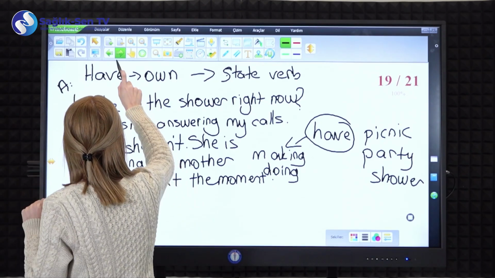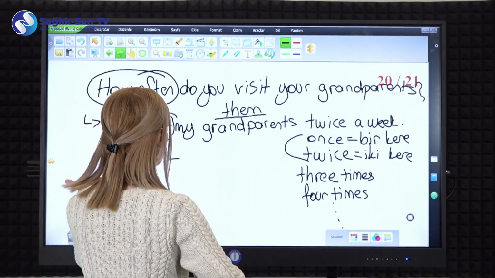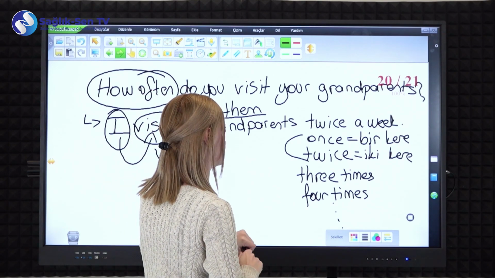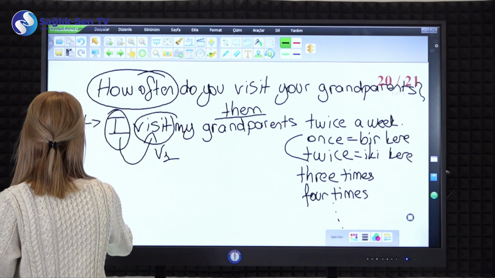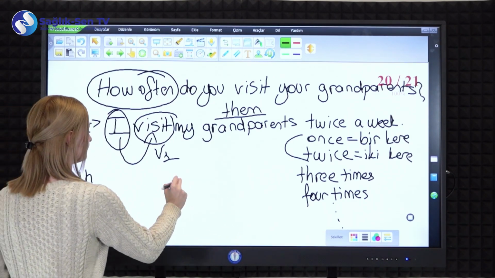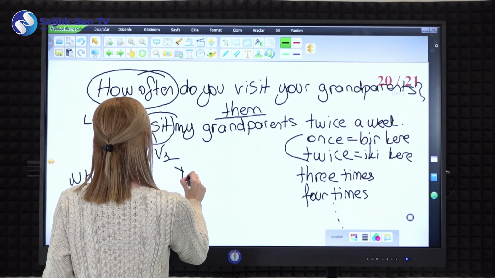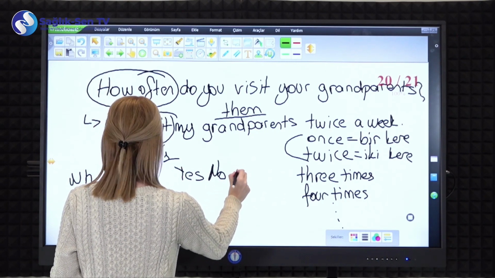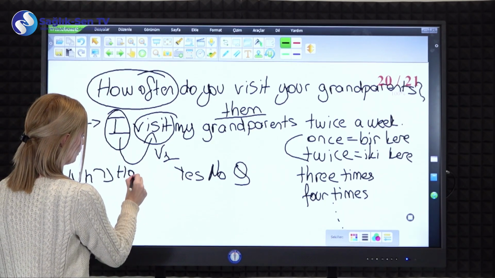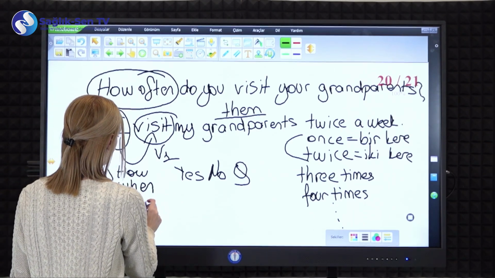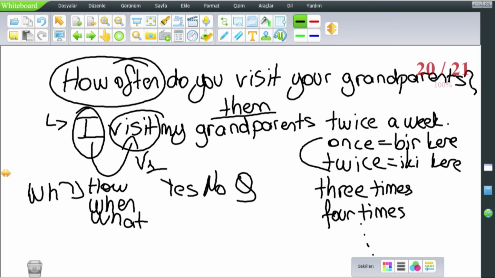We just talked about this. How often do you visit your grandparents? Now, we have WH questions. We have WH questions and yes or no questions. WH questions are how, when, what, who, where,